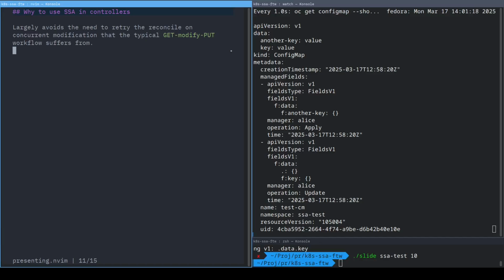That results in repeated reconciliation, which can be costly, and it can result in a lot of additional work until the two controllers are perfectly one after the other and their reconciliation times don't overlap. This can be largely avoided by SSA because each controller is responsible for a certain part